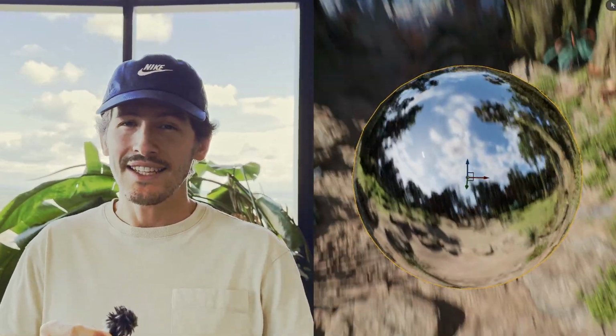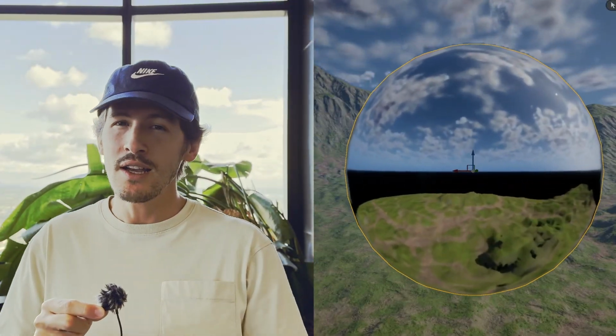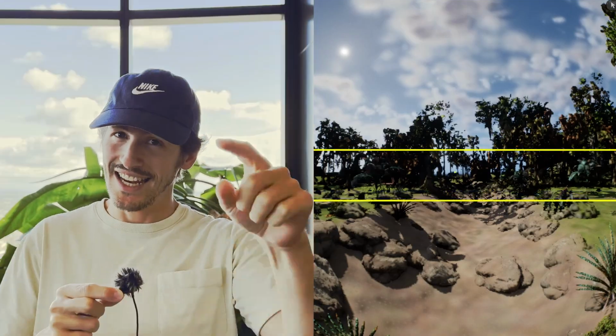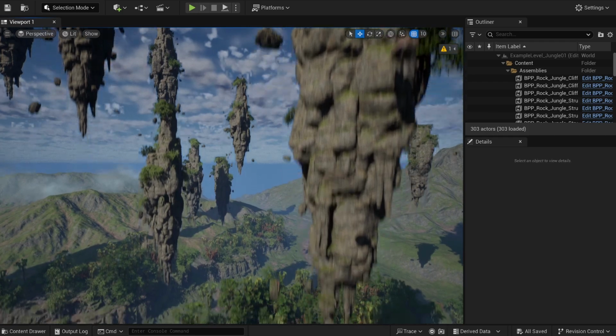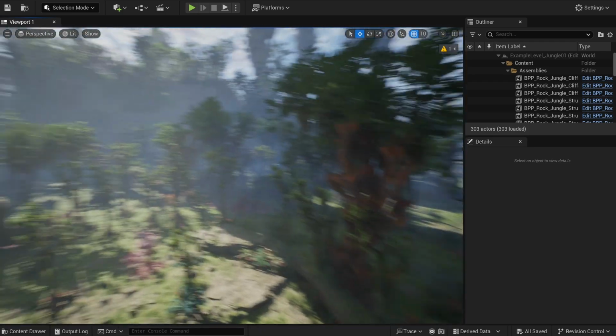There's something about the Skylight actor that you might not be aware of. And today, in this quick and effective video, I will show you a tip that will enhance your render quality and reflection. Let's dive in. In nearly every scene, whether interior or exterior, the Skylight actor plays a key role in achieving great visuals, particularly